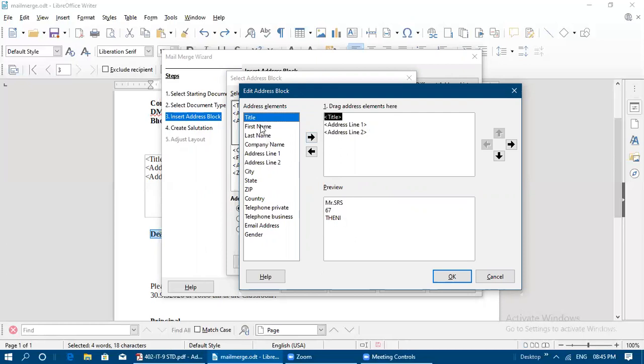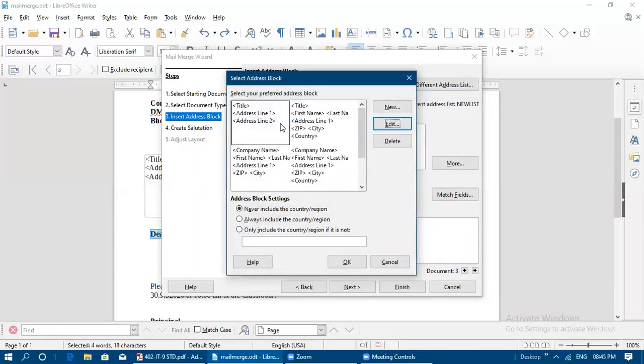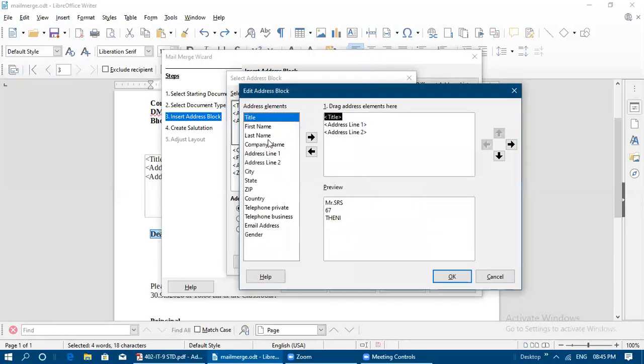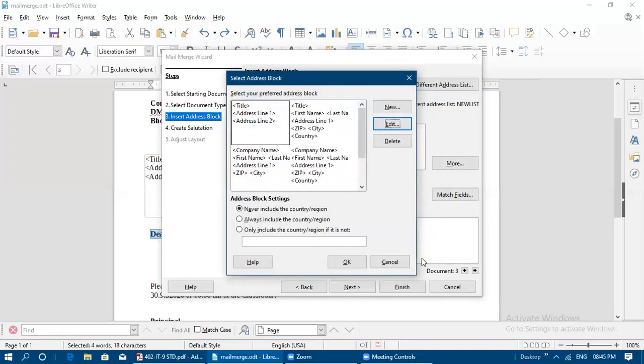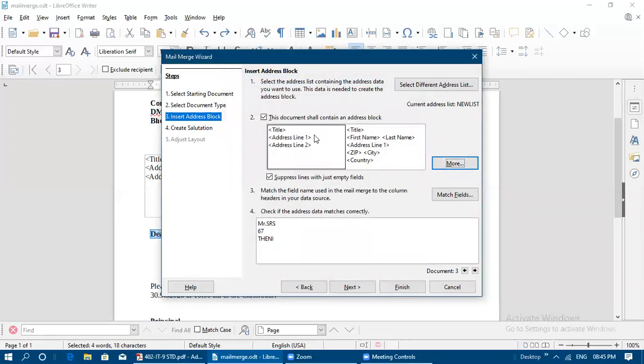For example, if you have entered first name, last name and all in the created list, but you don't have it in this box because it is not available, you can just click on edit and add this first name and last name here. All these things you can add. If it is not matched, it means that field you have not entered in that created list. That is why I am saying you can edit here by clicking on this. You can remove. Just click OK. So only 3 fields are displayed here. Like this, you can do editing on this list.